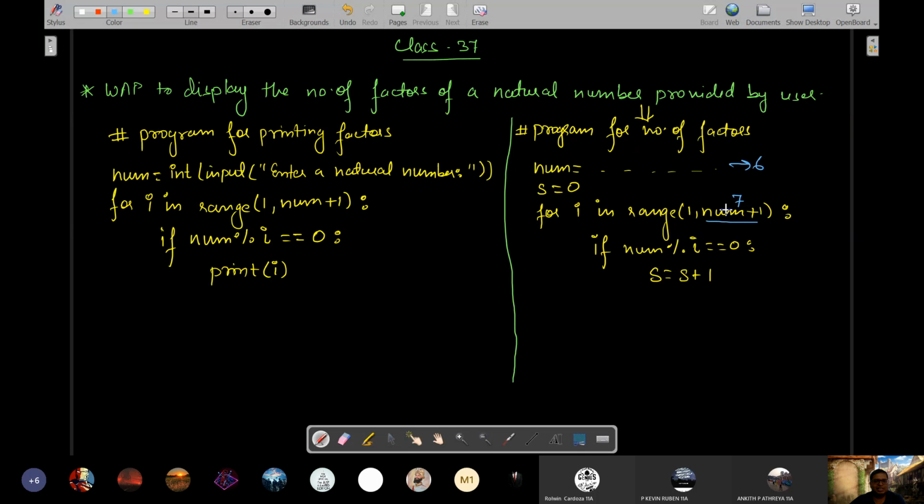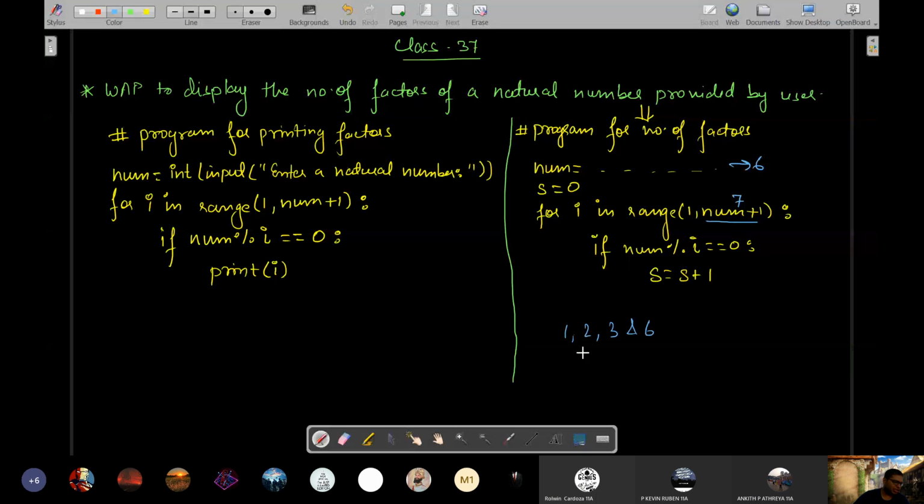Now next number picked will be 6 itself. So I will become 6. You will get inside. Is num, which is 6, divisible by I? Answer is correct. Yes, this will result in true because this will not leave any remainder. So this will become true. It will get inside. Right hand side of the RHS will be evaluated. Last value of S was 2, rather 3. So 3 plus 1 will become 4 and 4 will be overwritten in S again, overwriting the last value 3. Answer will be 4. So what are those factors? 1, 2, 3 and 6 itself.